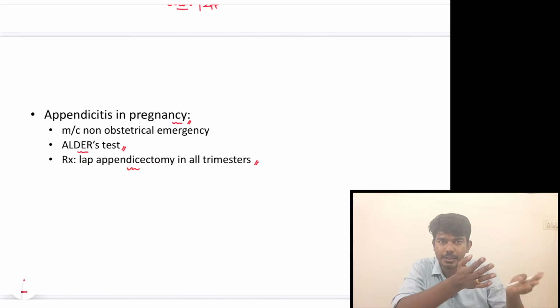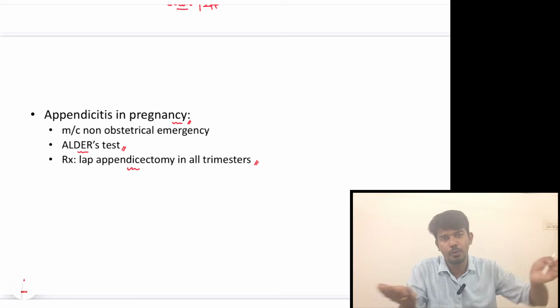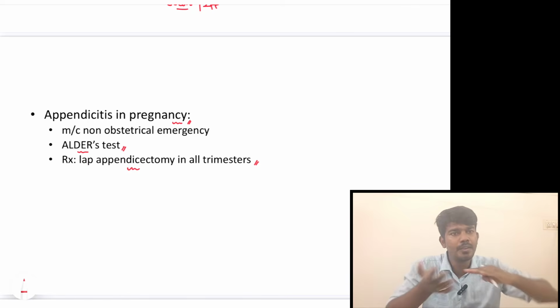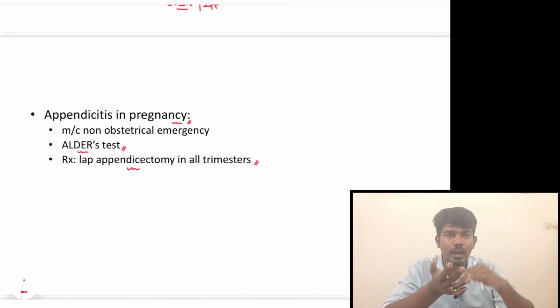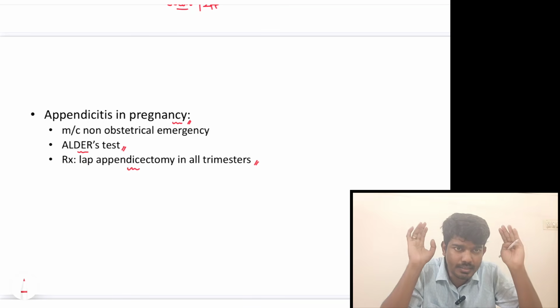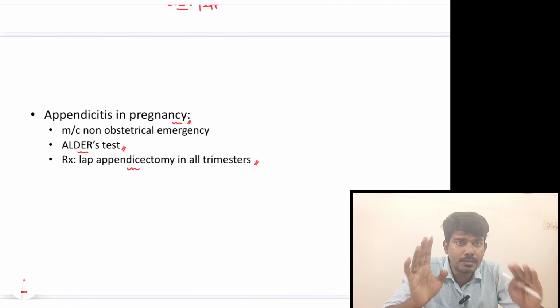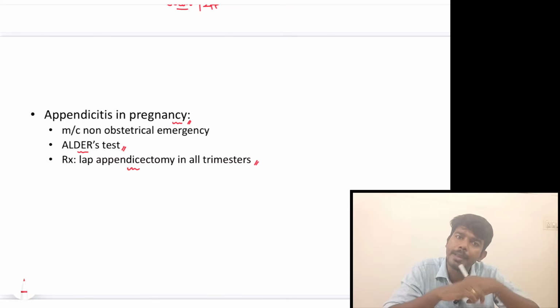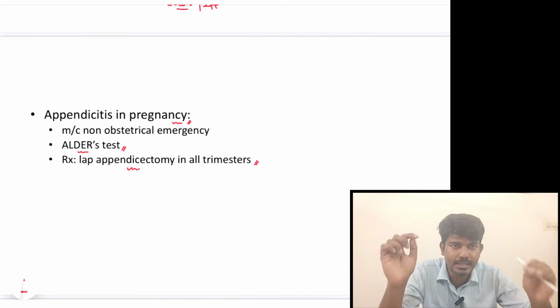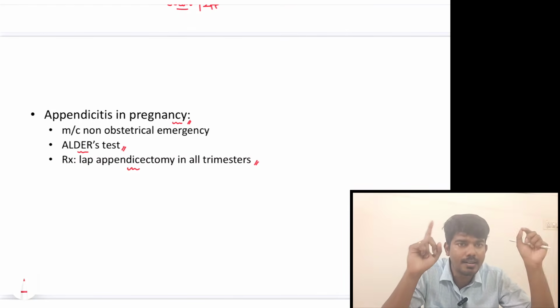Now we are asking the patient to lie down on her left. Okay, left lateral position. We are not taking the hand. Now if the patient is having the same pain, it is suggestive of appendicitis. If the patient's pain is getting reduced, that is suggestive of some gynecological or some obstetric